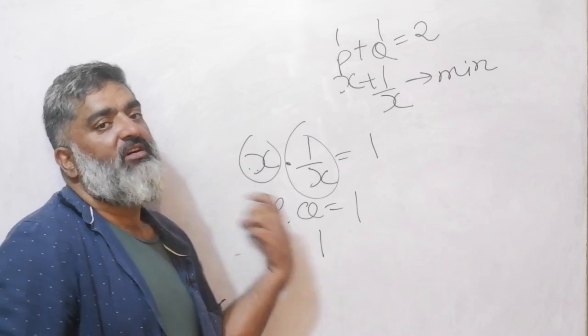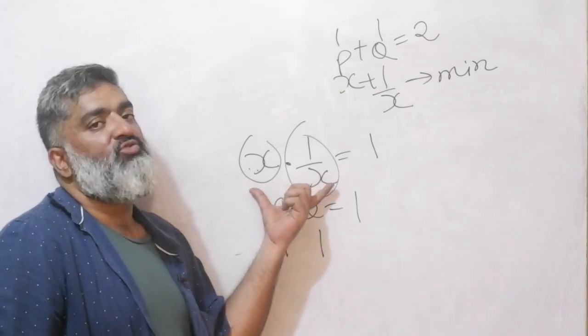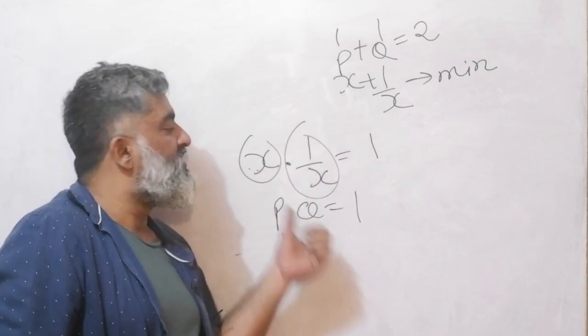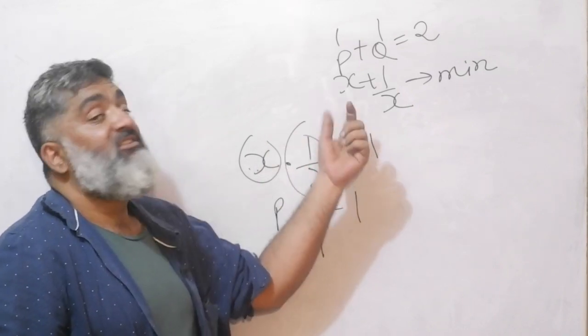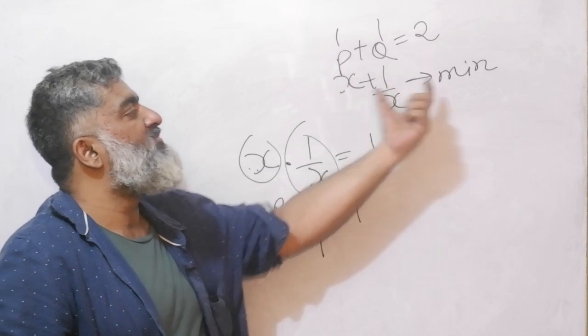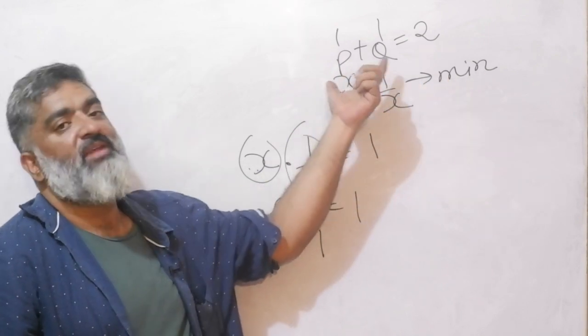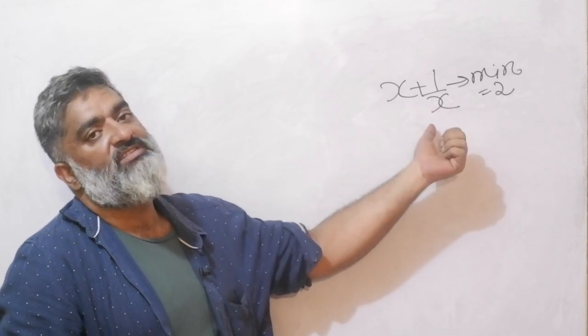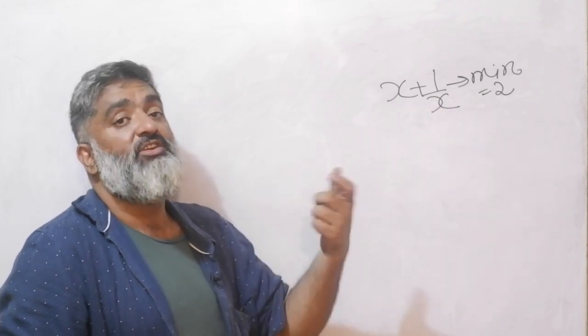So I'm going for the verbal approach here. When you see the product of two variables is a constant, the variables should be equal to each other. 1 into 1 gives me 1. And when they are equal to each other, the sum will be minimum. So I'm using that and I'm getting the sum as 2. So now I can think of this also as a formula that I can put in my pocket and use later.